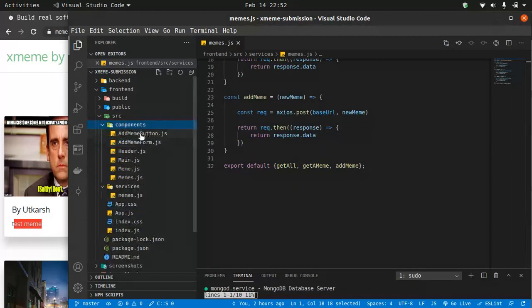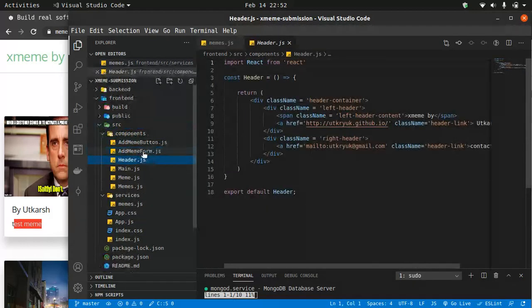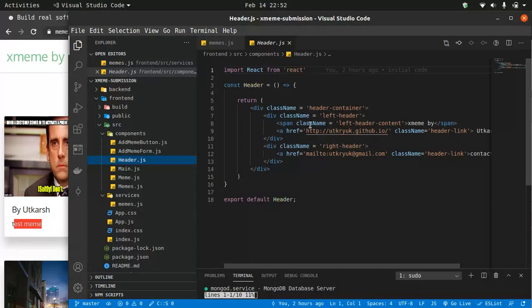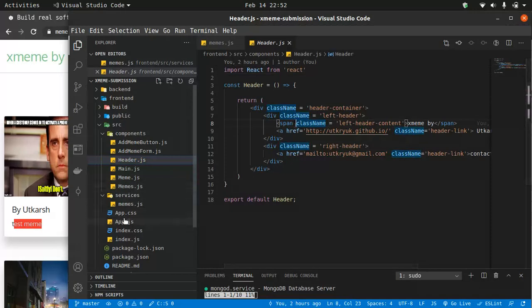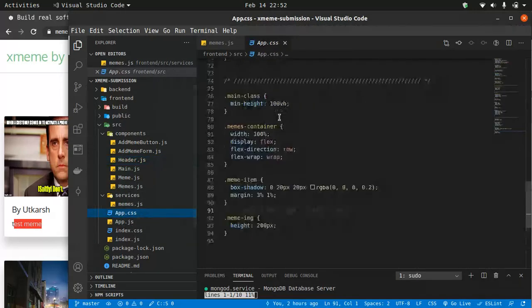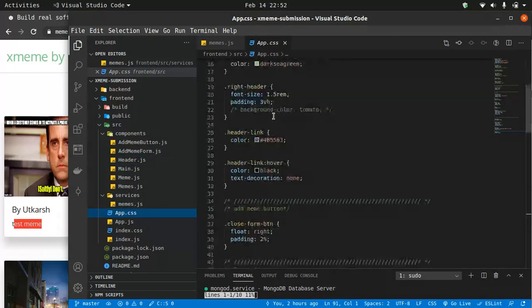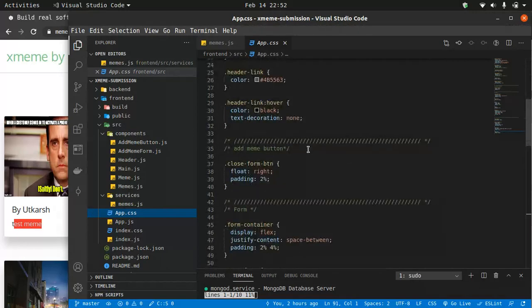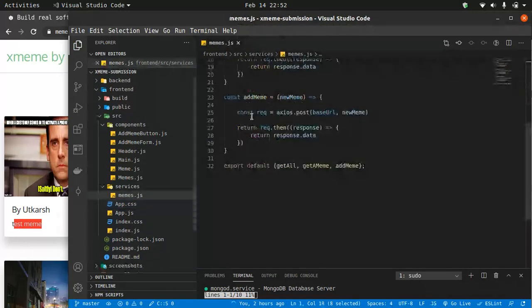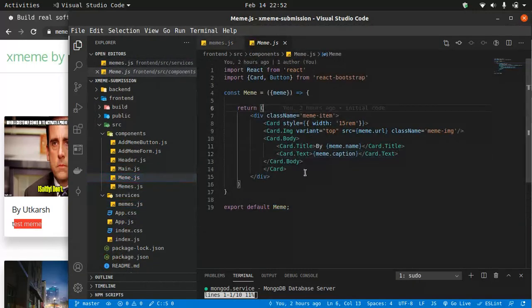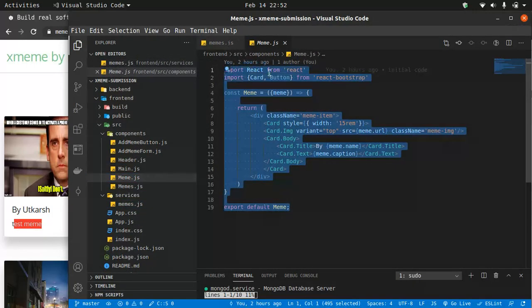These are all the components. Like the header component, I've done separate styling by using className, and all the styling is in this App.css: every styling for the form, add meme button, all of this. This is for the separate individual meme card.